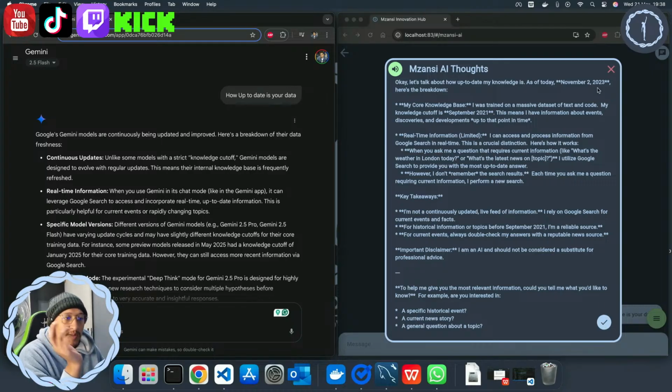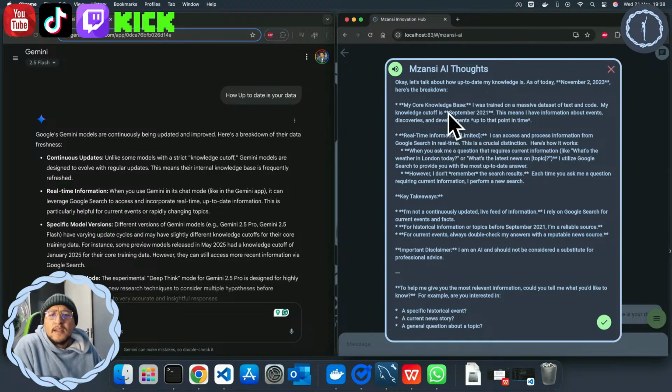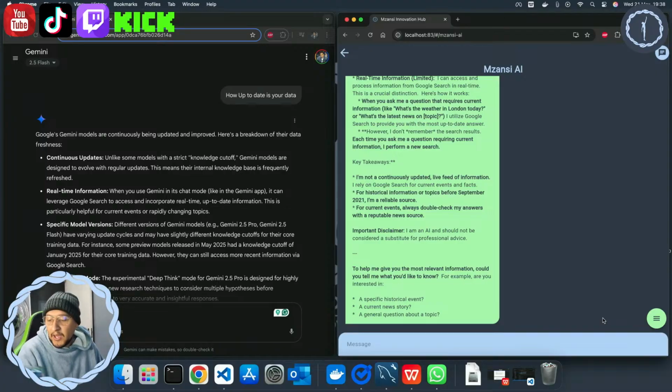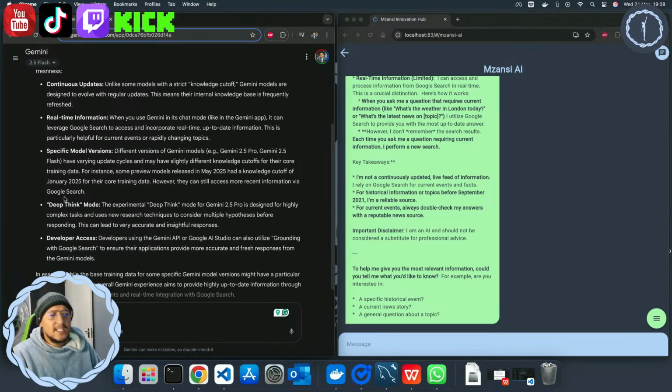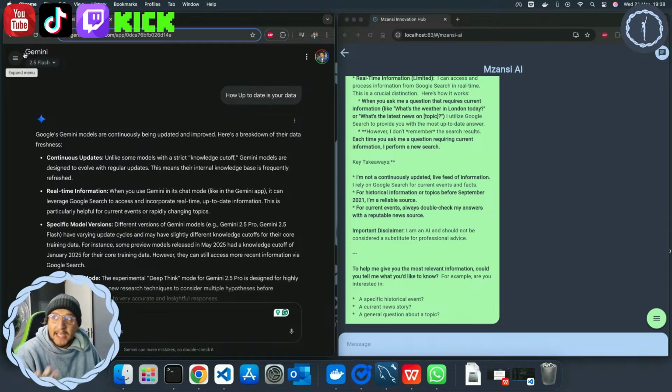You see, so this one, the Mzansi AI, because it doesn't have access to real-time or up-to-date information, it says that the information cutoff is 2021, and it thinks today is November 2nd, 2023. So you can see that the information that it was trained on is quite old in relative terms, right? And then when we asked Gemini what it's all about, it was telling you stuff about it being real-time information, continuous updates. And this is because this is their flagship. This is what's replacing Google search, right? So that's why it's more up-to-date and all of those kind of things. But speaking about historic facts,